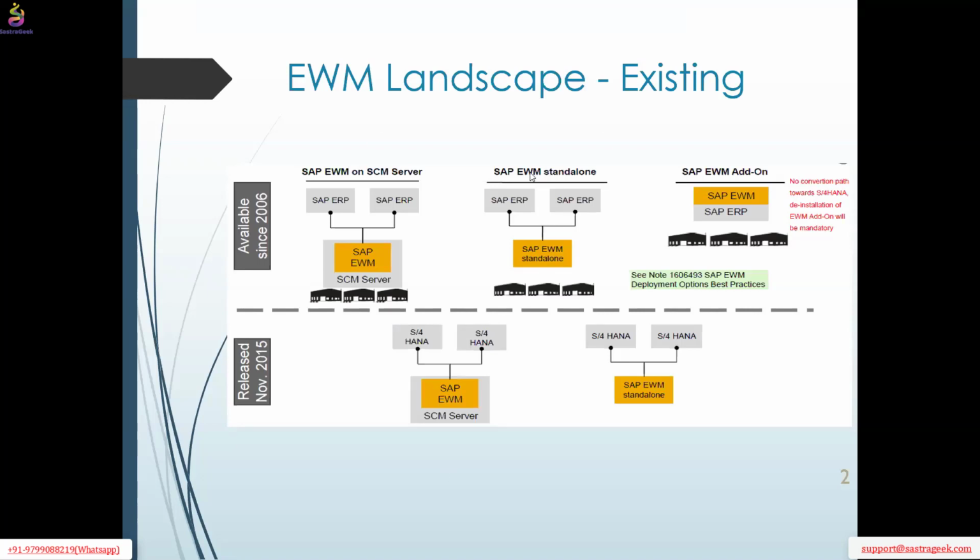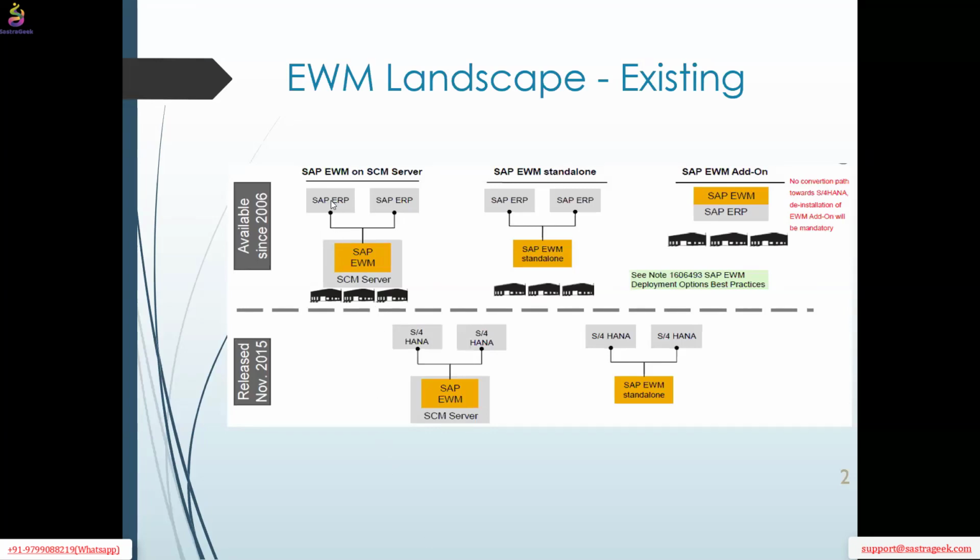When we talk about Extended Warehouse Management, we have had this available since way back in 2006. It came into the limelight from 2006, when we used to have ERP in one landscape and EWM in a different landscape. That's where EWM, TM and APO were initiated. Years after that, they made it more flexible. They introduced S4, where they started including EWM and also TM. If you can see this, earlier we used to have